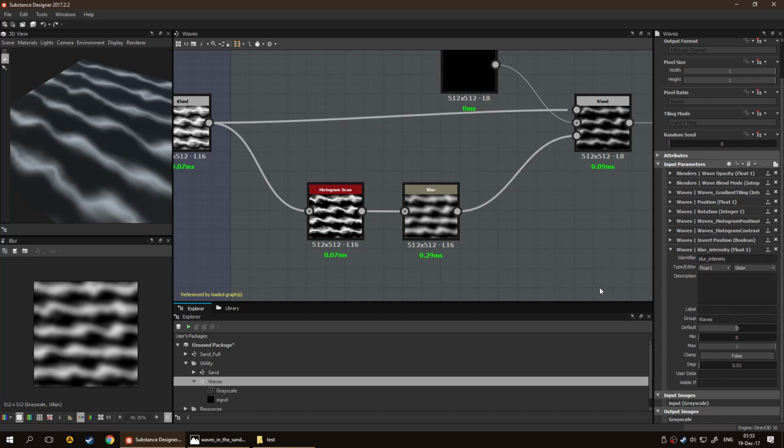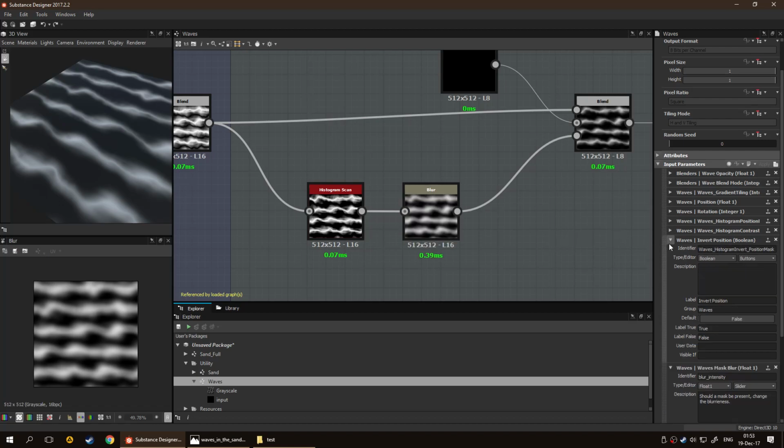So this is going to be my waves mask blurriness. I'll just say blur. All right. We can even add a description if it's really that important, so people can hover. For example, should a mask be present? Change the blurriness. Okay. And then we've got the next suspect, which is invert position, and it's fairly simple, invert position for the mask, but let's just say,